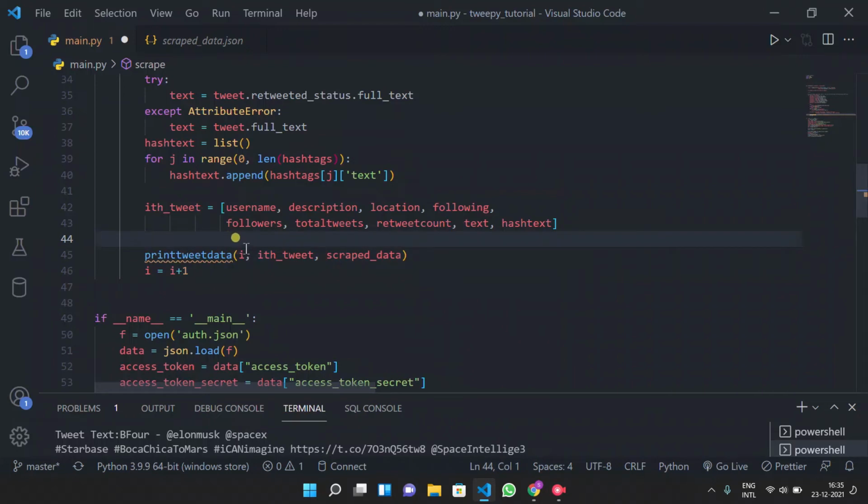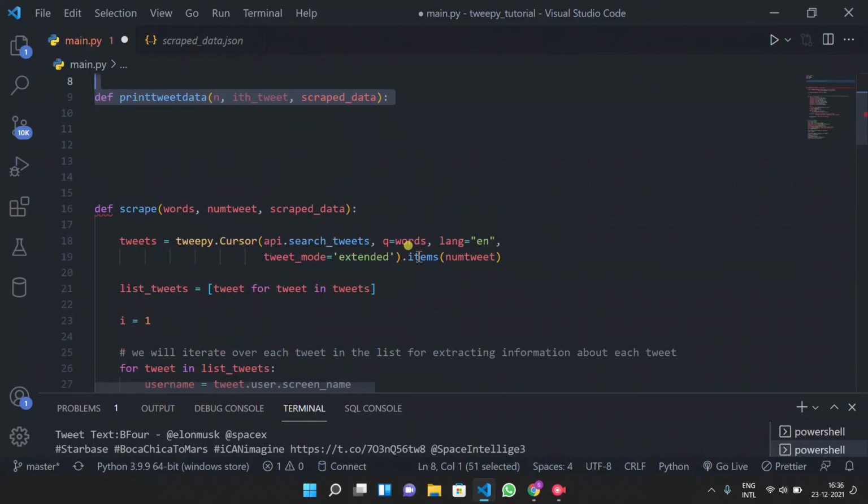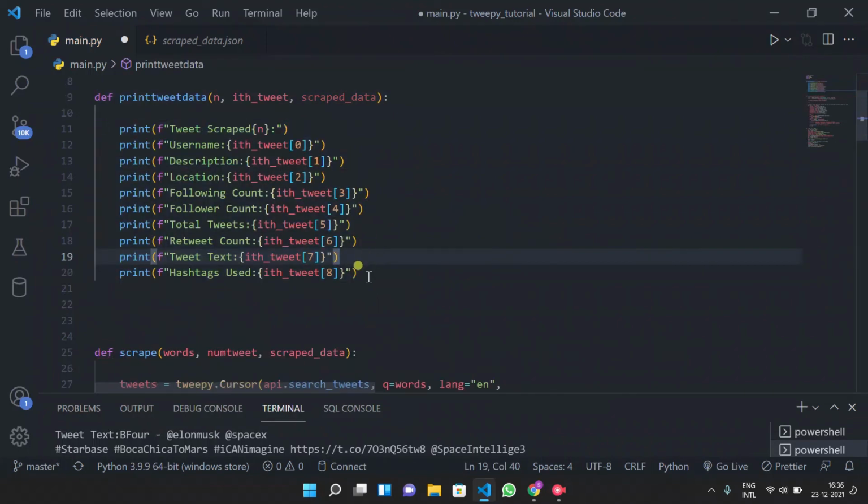I have created a print tweet function, and the arguments for that are i, the serial count of our tweet, which is just this i variable we are incrementing, then the tweet, this dictionary, and the scrap data, which would be later used to store in the JSON file. So we are just printing all this.